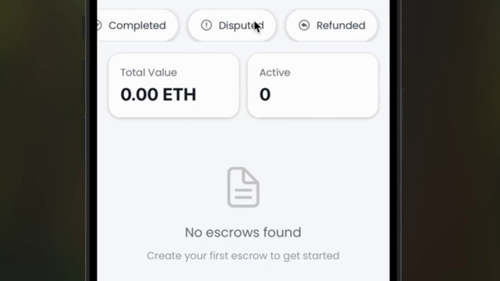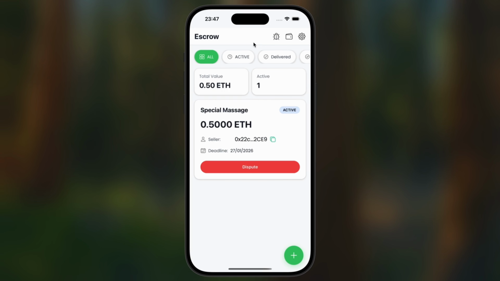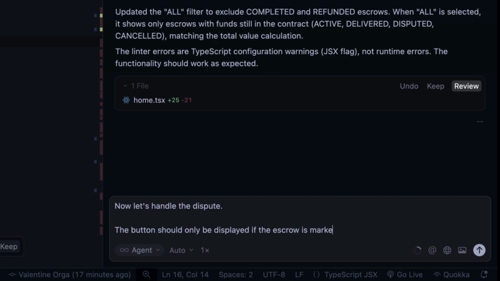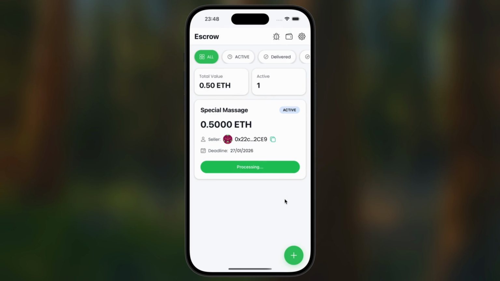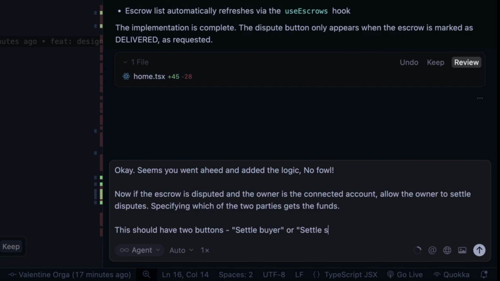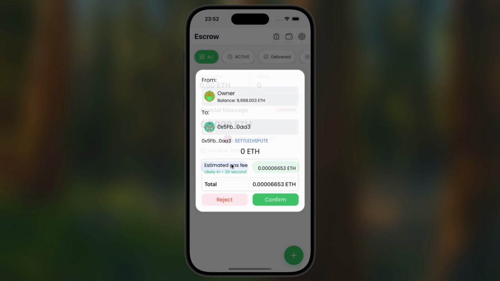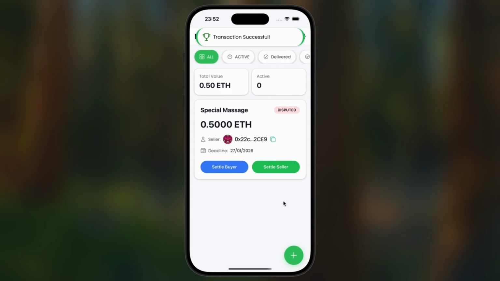Nice. Let's create an escrow for a special massage and handle disputes, which should only be possible if a service has been delivered. So after the seller delivered, the buyer raised the dispute. Let's allow the arbiter to settle disputes. So when I switch to the arbiter's account and settle for the buyer, which is only fair,